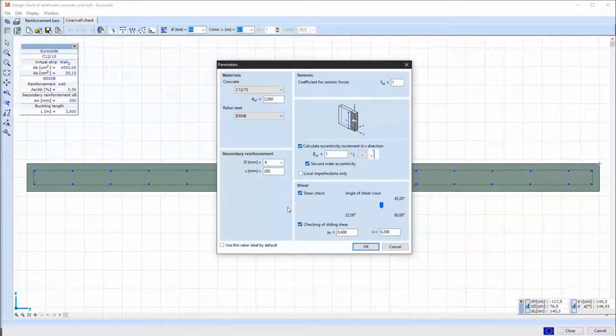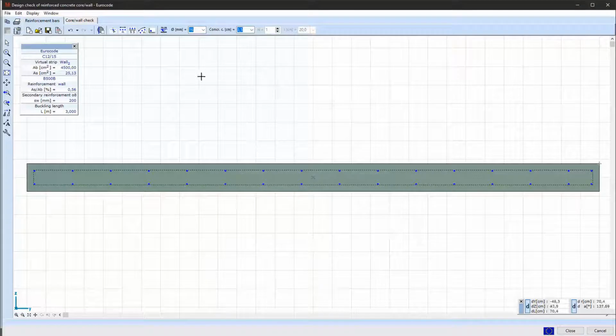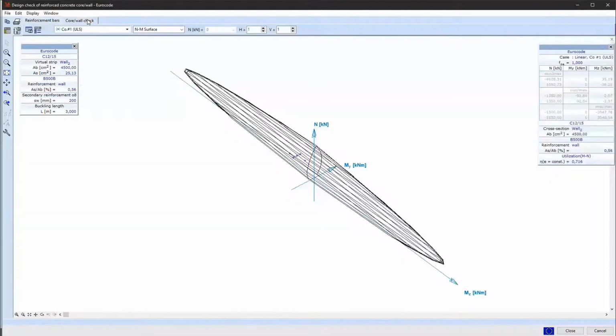In addition to the shear check of the cross section, the check of sliding shear can also be selected and performed. Parameters are the roughness of the interfaces, and they can be set.